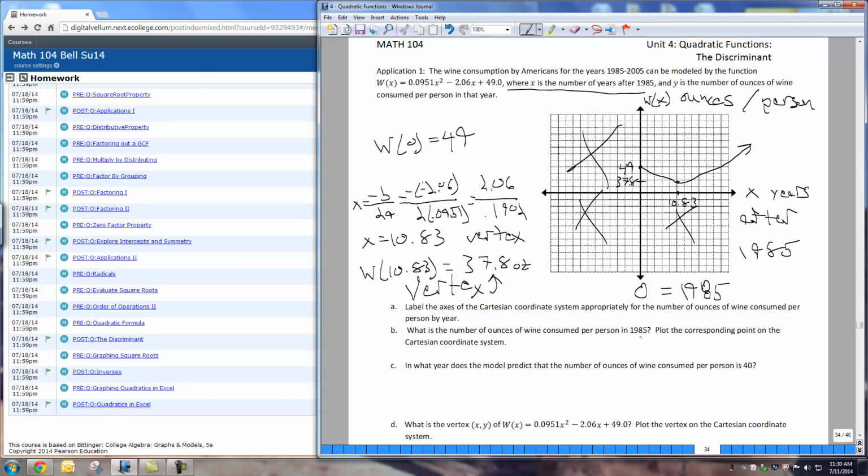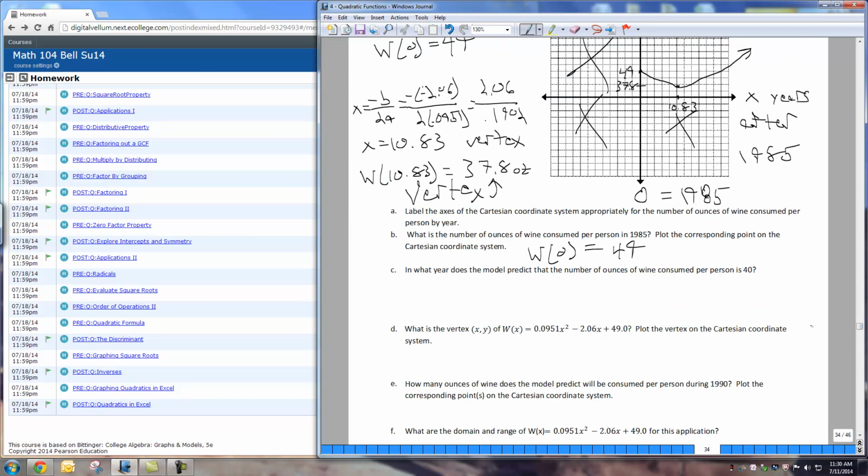What is the number of ounces consumed per person in 1985? That's W of 0, which is 49. In what year does the model predict the number of ounces of wine consumed per person is 40? So that's going to happen in between 49 and 37.8. So it's actually going to happen twice, because 40 is roughly right here. So it's going to happen two different times,